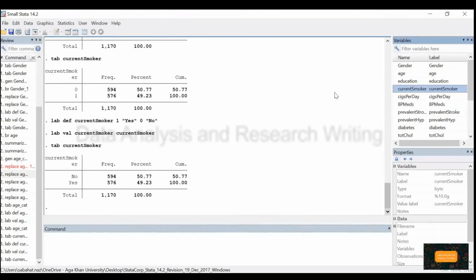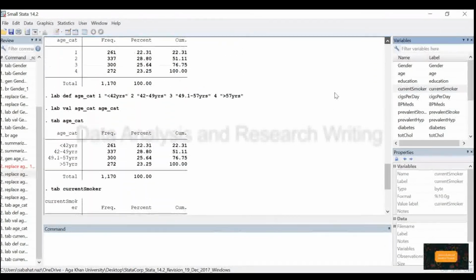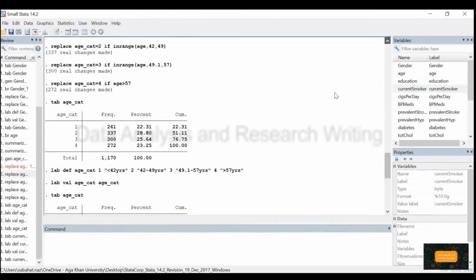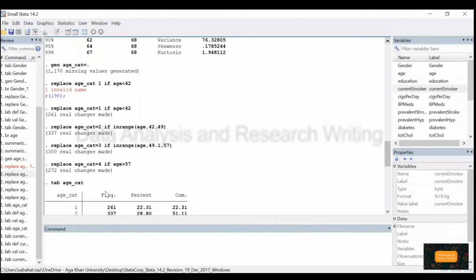So we can also save these commands. First of all, generate category. You have to make your